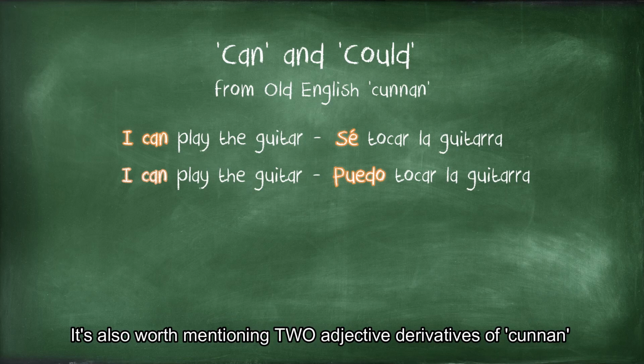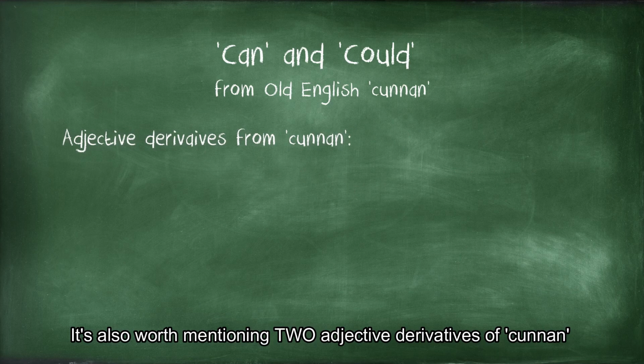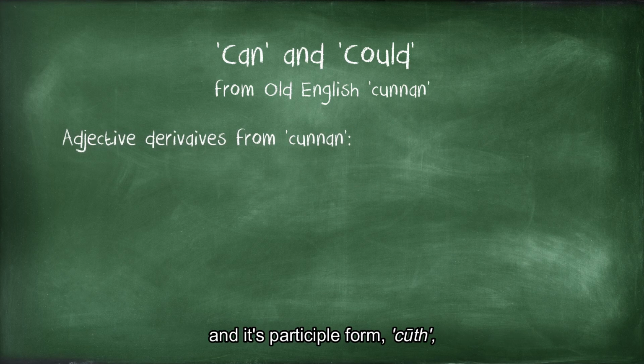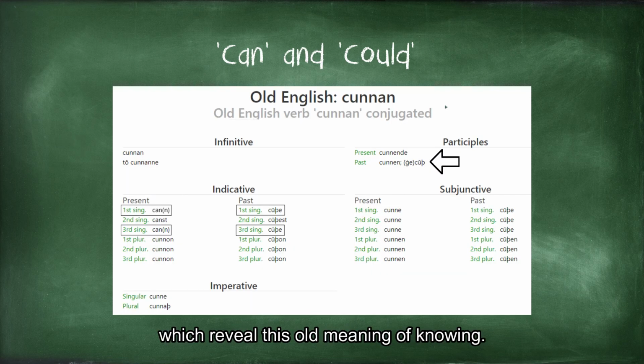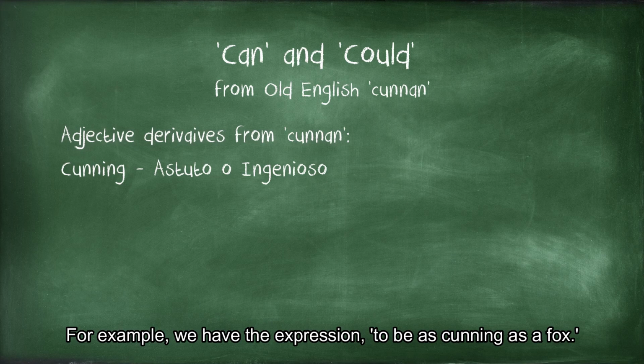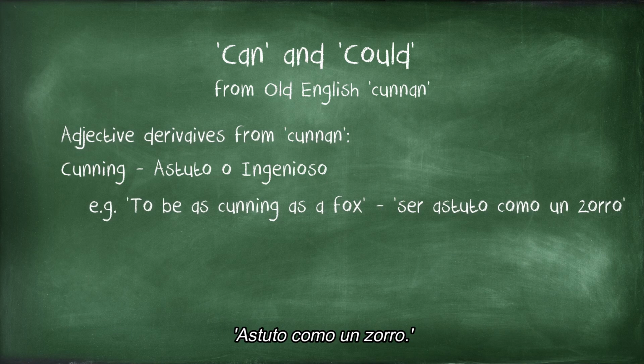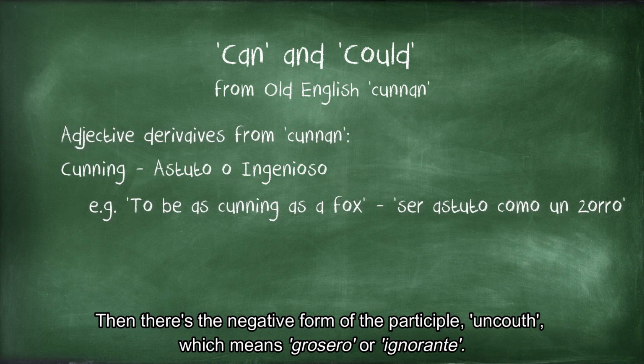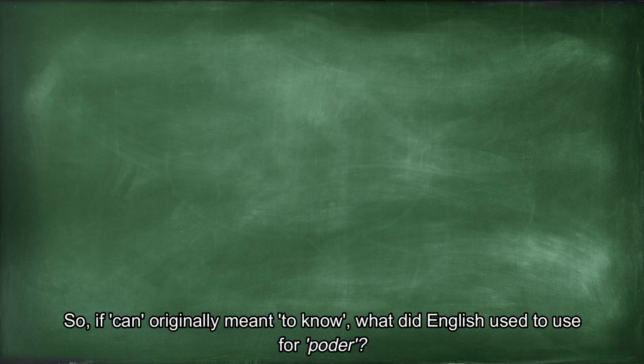It's also worth mentioning 3 adjective derivatives of kunnan and its participle form, kuth, which reveal this old meaning of knowing. First, there is cunning, which means astuto or ingenioso. For example, we have the expression to be as cunning as a fox, astuto como un zorro. Then there's the negative form of the participle, uncouth, which means grosero or ignorante. So if can originally meant to know, what did English used to use for